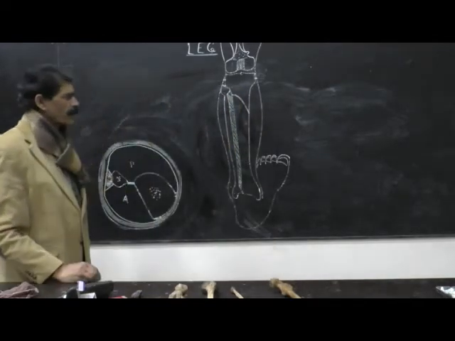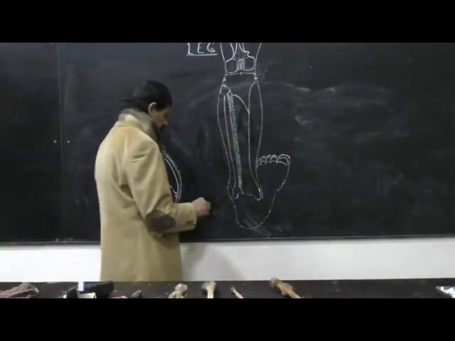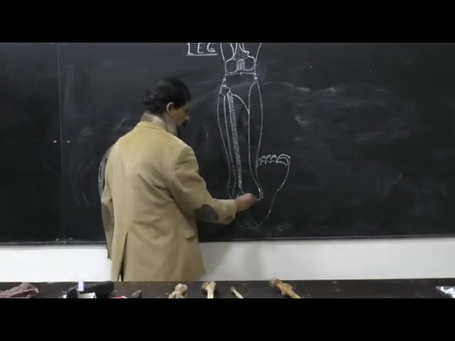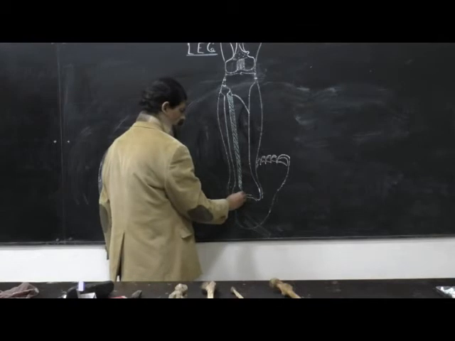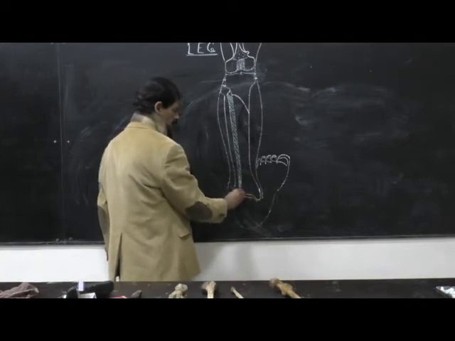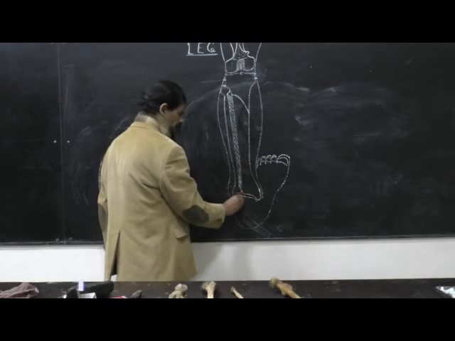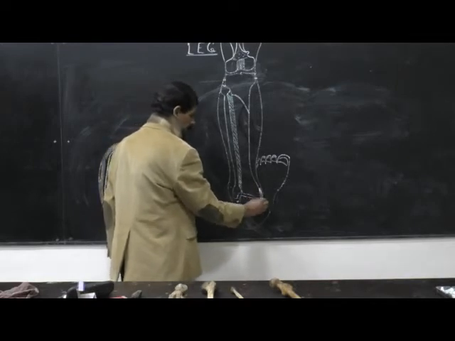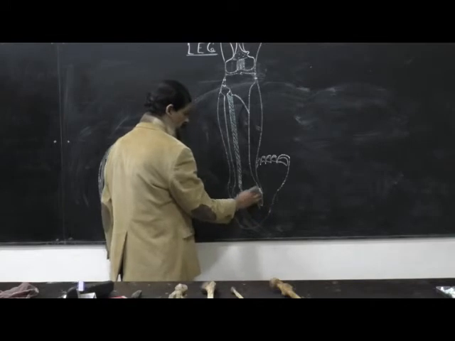over the shaft. Then the lower ends of the lateral and the medial malleolus articulate with the superior articular surface of the talus to form the ankle joint between the tibia and talus, that is called the tibiotalar joint. While the lateral surface of the talus articulates with the lateral malleolus, the medial surface of the talus also articulates with the tip of the medial malleolus.